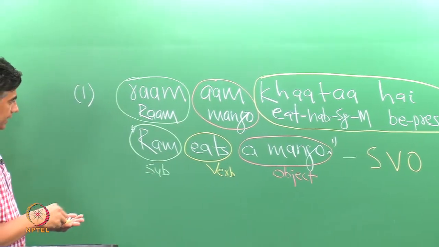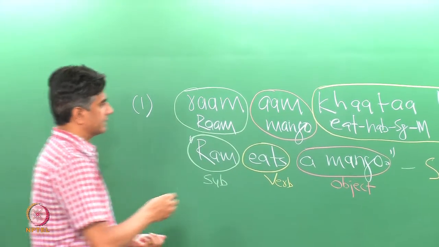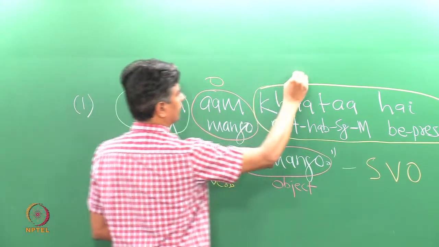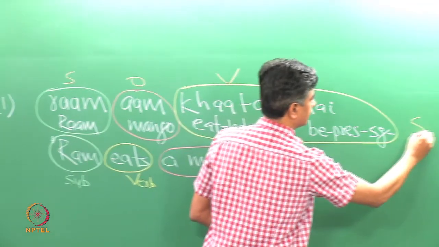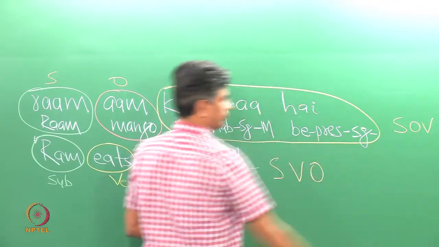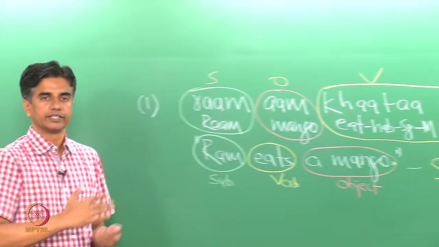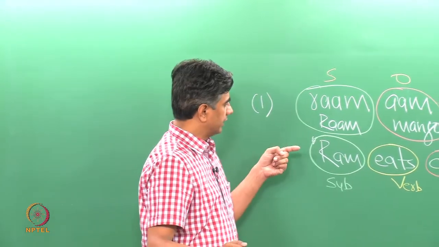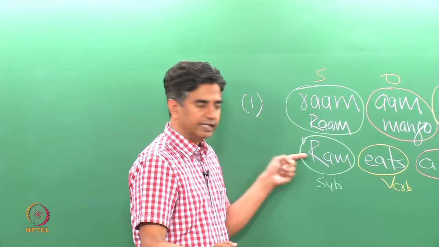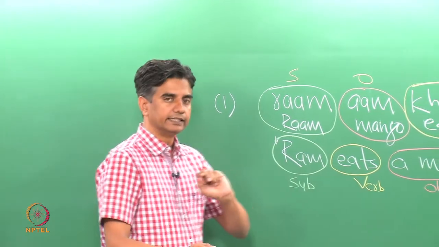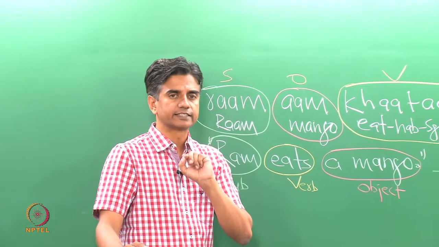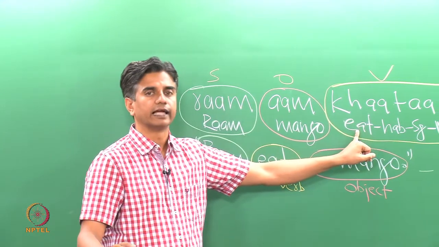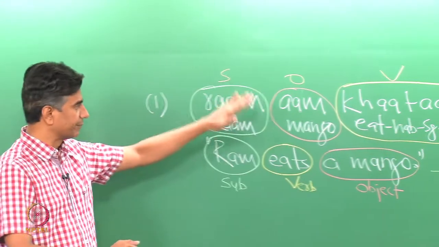So, in Hindi you have a subject, you have an object, and you have a verb. So, a language like Hindi is called SOV. That is about typological classification of languages. So, English will be a verb medial language all the time, and Hindi and most of the languages spoken in the Indian subcontinent are going to be verb final languages, and this example helps you understand this point.